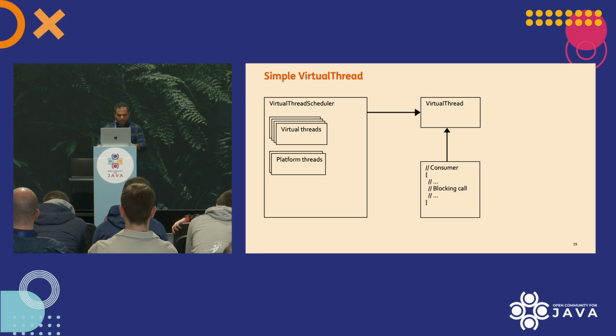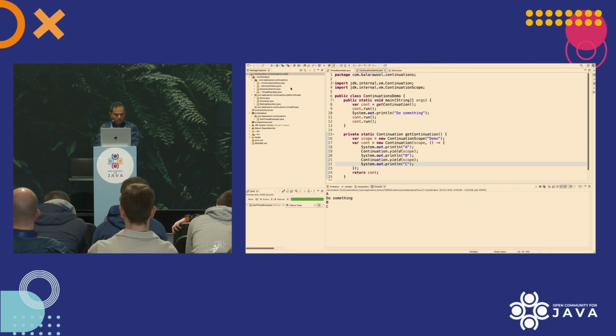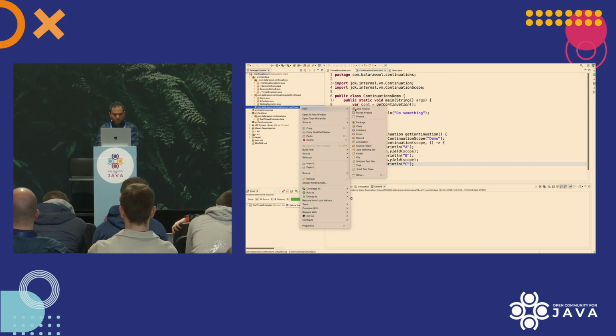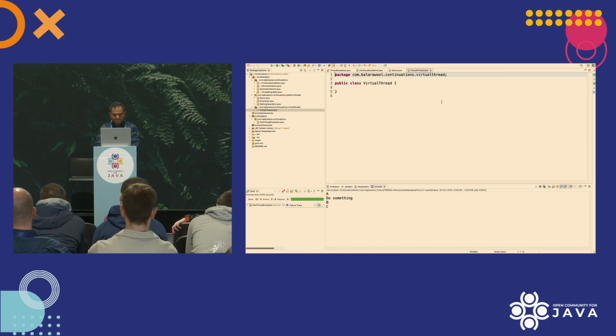And for that, again, I'm going to move to Eclipse. And let me create first our class called VirtualThread. And a virtual thread, in its most simple form, is nothing but a continuation. Actually, a thread requires continuation and a scheduler, but if you externalize the continuation, the scheduler part, so if you move the scheduler out of the thread, then you are only left with continuation. So we're going to add continuation here. Continuation, and let me import that.